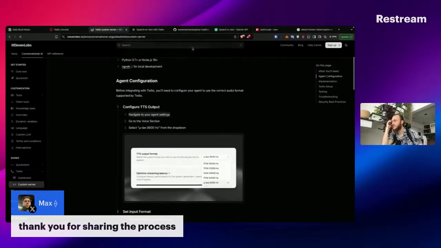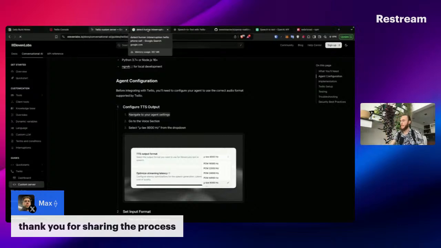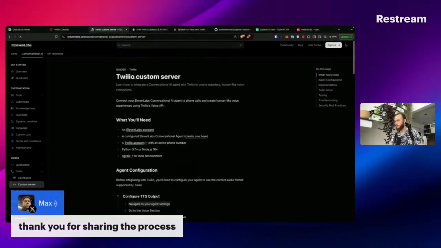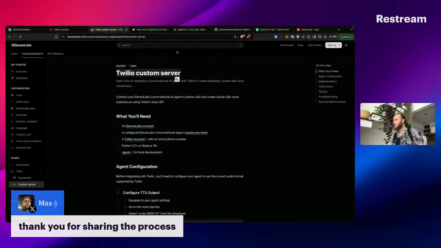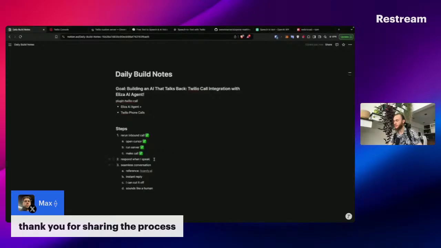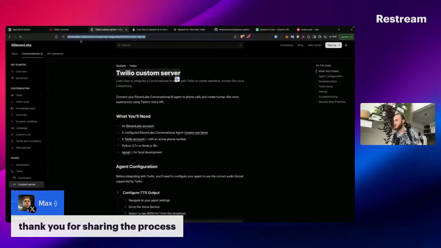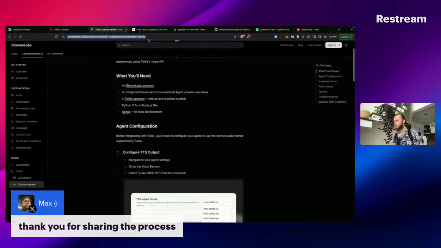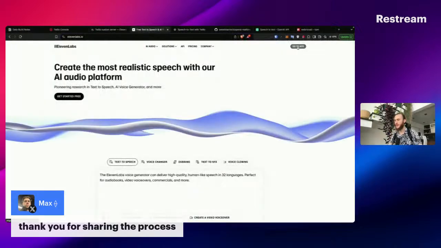Okay, let's navigate to your agent settings. Feeling optimistic about this. This looks like what I want. Navigate to your agent settings. Let's first go to ElevenLabs. Let's add this to our notes, as this is the path that I'm going down. Respond when I speak. Twilio custom server, copy these notes so that if for some reason I lose it, we can come back to it. Okay, go to our agents, go to the app